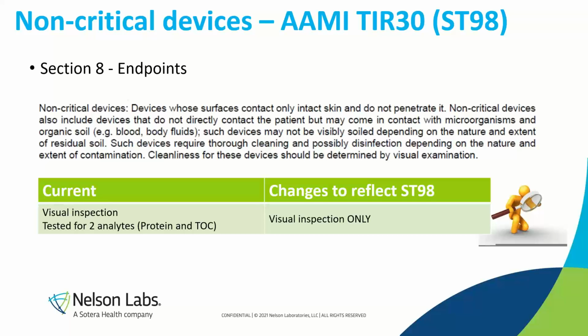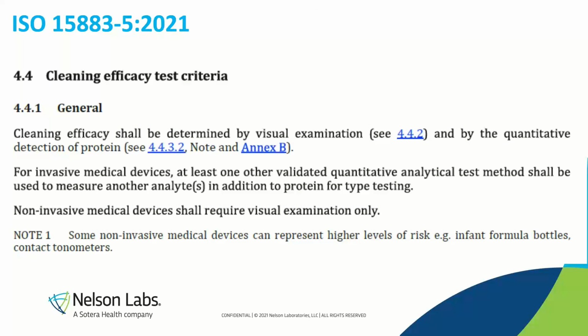This is a big change, as non-critical devices were being held to a similar standard as semi-critical and critical devices, which is somewhat of a high standard for these types of devices. Devices such as blood pressure cuffs and nurse carts or heart monitor carts. These are things that are being held to the same standard as surgical equipment. But what will be in ST98 now is that these types of devices only require visual inspection rather than the 2 analytes. And this will align with what's in ISO